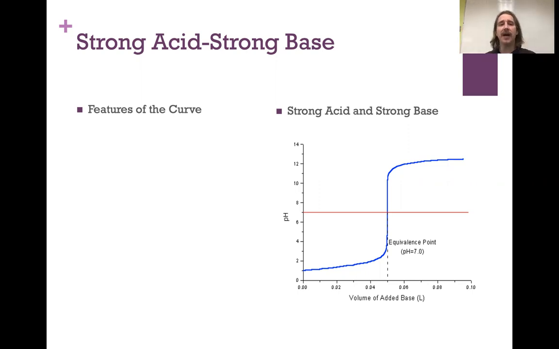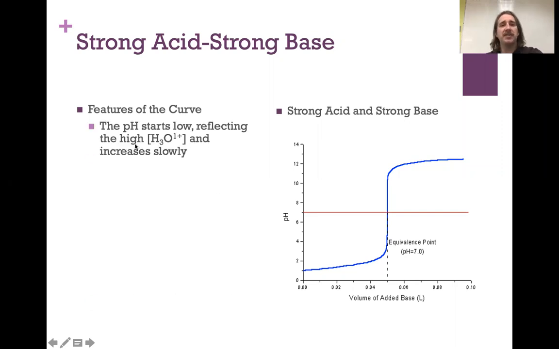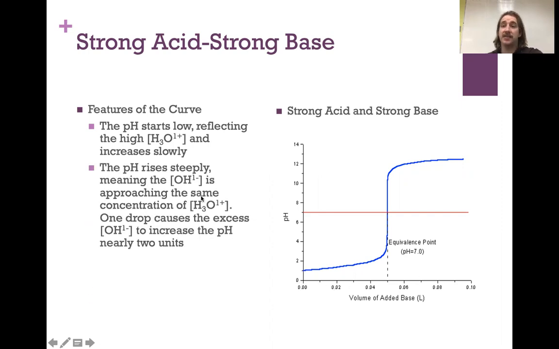So just a reminder, when we start to look at these acid-base curves, here we've got just one you've seen before. We've got a strong acid being neutralized by a strong base. And a couple of things to notice. pH starts really low, reflecting that we have a high concentration of our acid particles, right? We're way down there on the pH scale, and we're adding base slowly over the course of our titration. As we continue to add a little bit of base, it immediately gets neutralized. Now there's less acid in the flask, and so our pH goes up a little bit and a little bit,